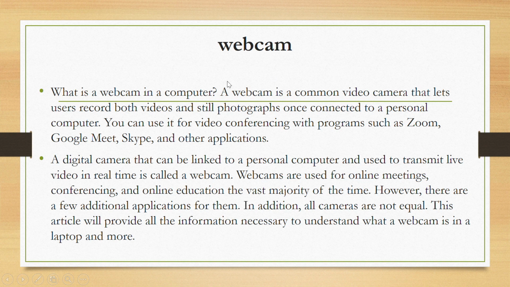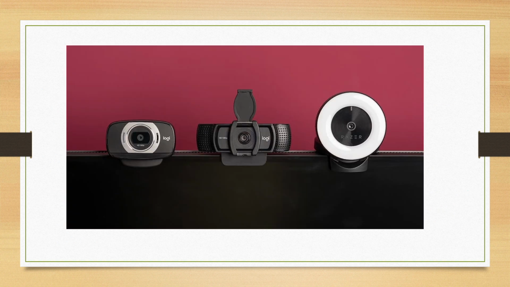What is a webcam? Well, a webcam is a common video camera that lets users use it for Zoom or online sessions. Digital cameras can be linked to a personal computer and used to transmit live videos. Some computers now, people are using laptops, and laptops basically have the webcam installed on them, but there are some computers that don't have. So you can buy an external webcam and install it. This looks like something of that nature that I've seen there. There are about 3 of those, a specific type that you pick, and you'll be able to mount it on top of your computer. Once you connect it to a USB port, you're able to view or make videos, and